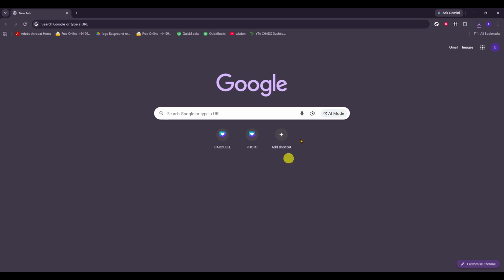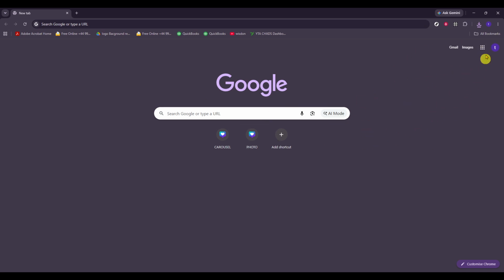Hello, today we will guide you through how to import Gmail Contact to Microsoft Outlook. To begin, open your Gmail account in your web browser. Make sure you are signed in to the correct account, especially if you use more than one email account. Starting in Gmail is important because this is where your contact list is stored and where you'll first export the